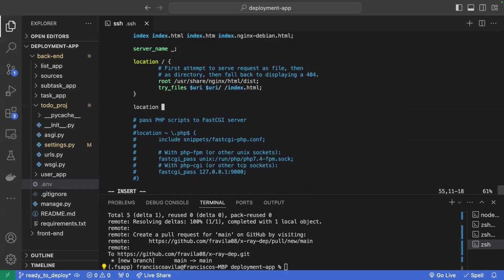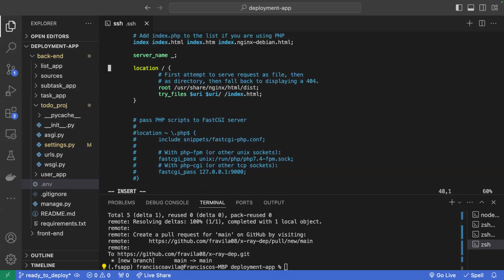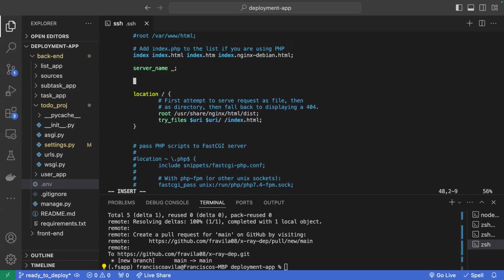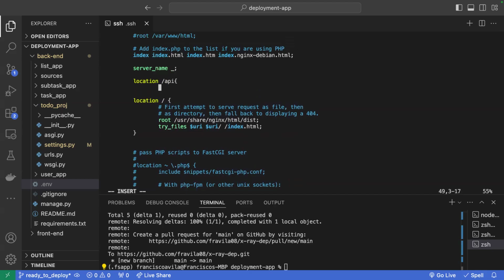Well, remember we added a API convention or a naming convention for our API, where essentially we are telling the server to, hey, whenever you get a call that goes to slash API, well, I want you to conduct a proxy pass, because remember, if we look at our image here,